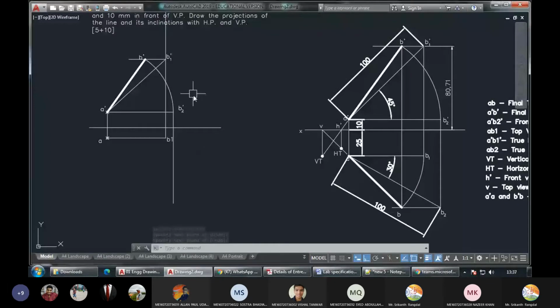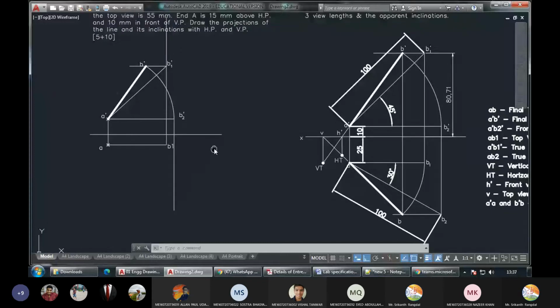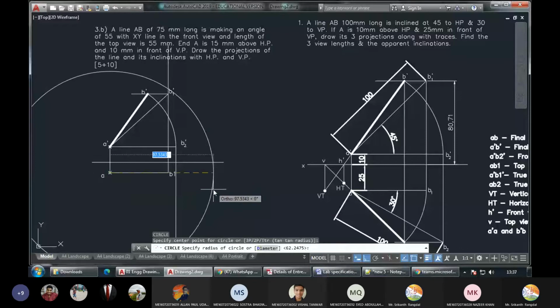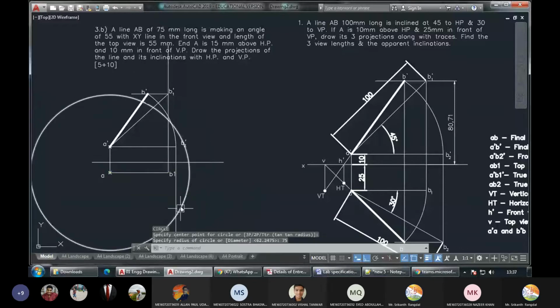And then from this point, we have to again mark true length. True length of the line, we know it already. True length of the line is 75. So again take circle. From this point, draw 75 radius. It is intersecting this line here at this point.